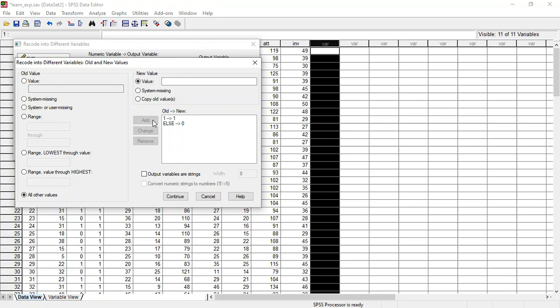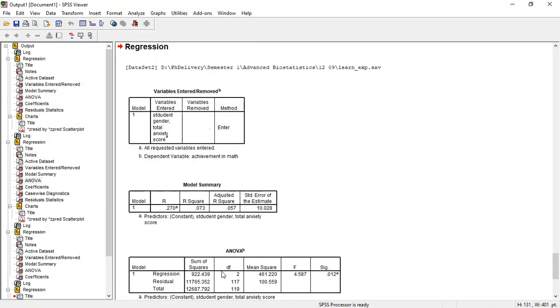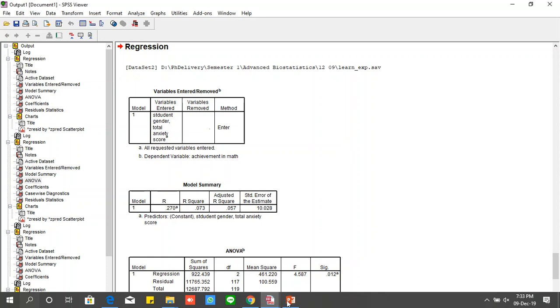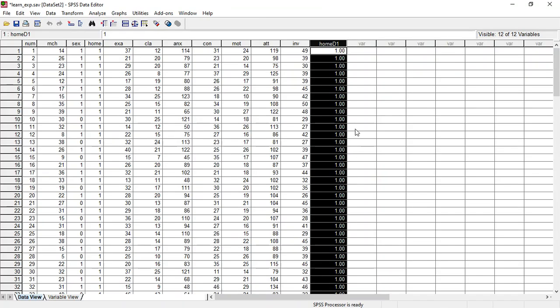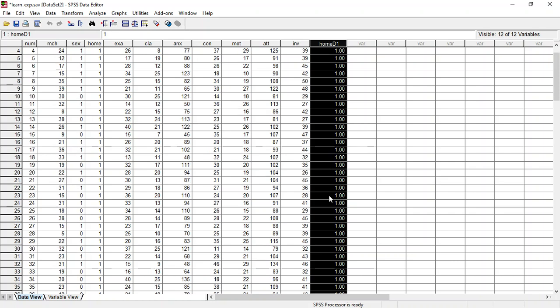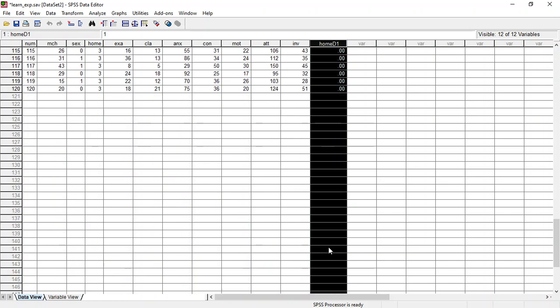Then we can create the dummy variable D1. Continuous. Okay? Home D1. And you can see 1 is still 1, but 2 becomes 0 for D1, and 3 is the same, 0. Okay. So next step